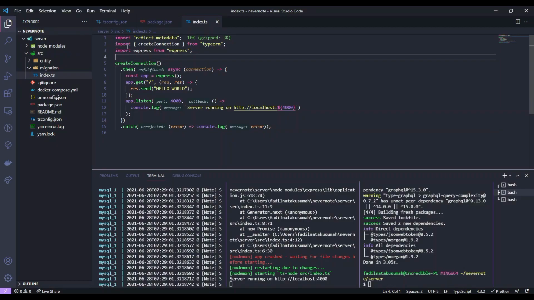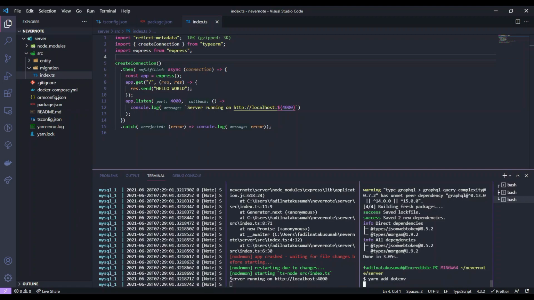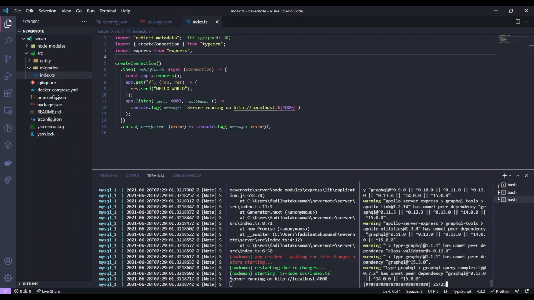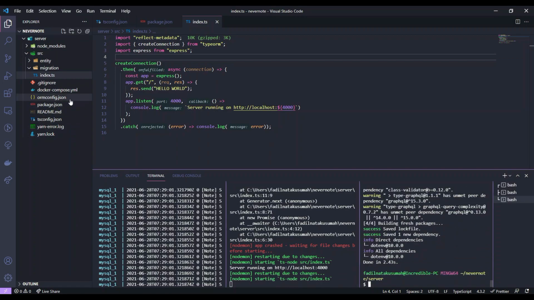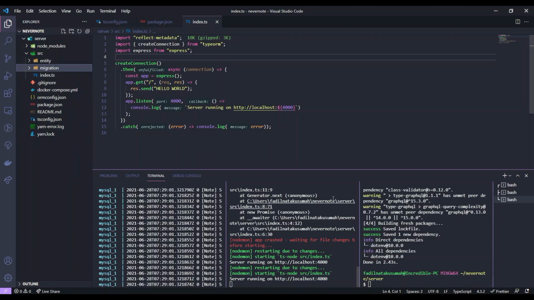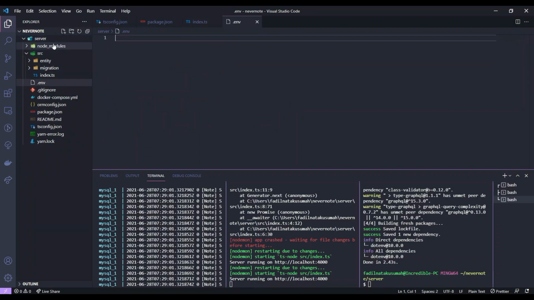Let's add some packages too. I forgot something. Yarn add dotenv. This will access the .env file for us. So we're going to make that .env in server. We're going to save the port 4000,